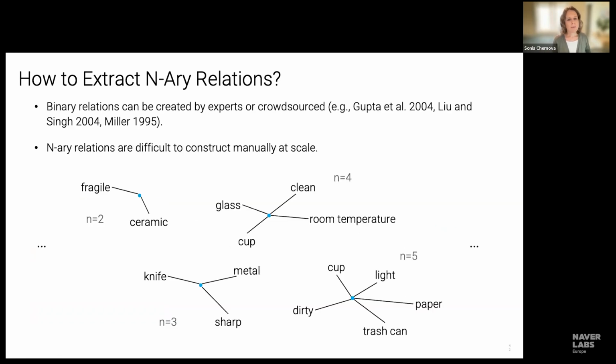All right. One of the biggest challenges for us as roboticists has been, how do we get n-ary data? This has been surprisingly challenging. It can come in many different forms. You could have binary relations, three-way relations, five-way relations, and they all have to have this meaningfulness, right? They have to make sense. I guess we could have made a random data set, but we really wanted to make one that made sense, such as,